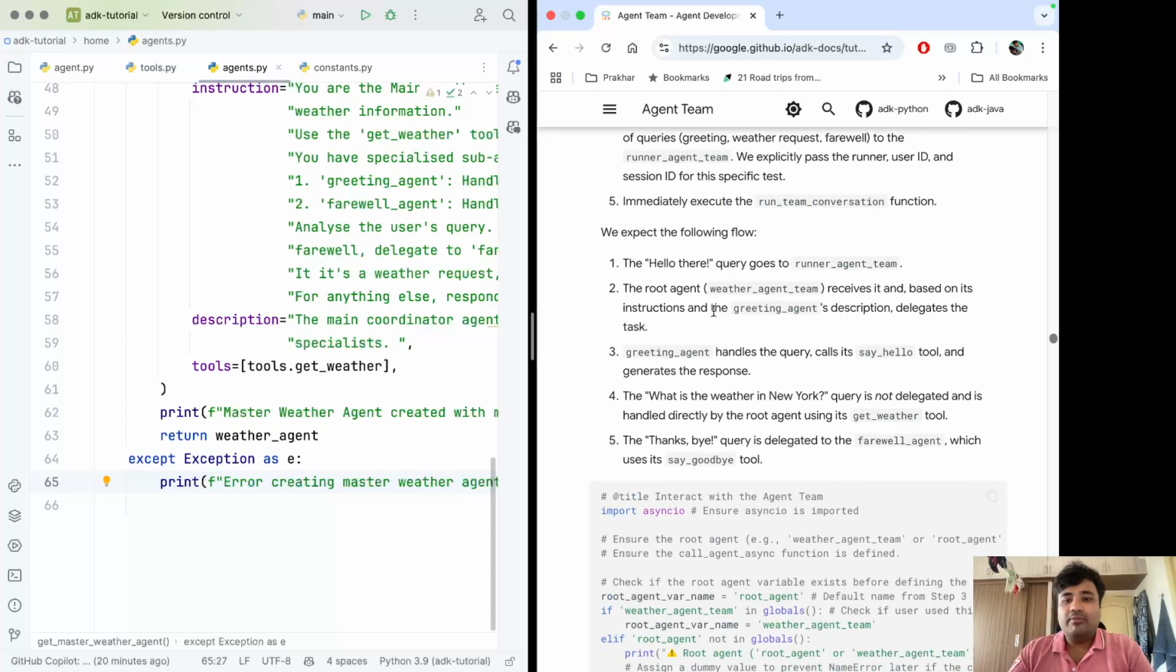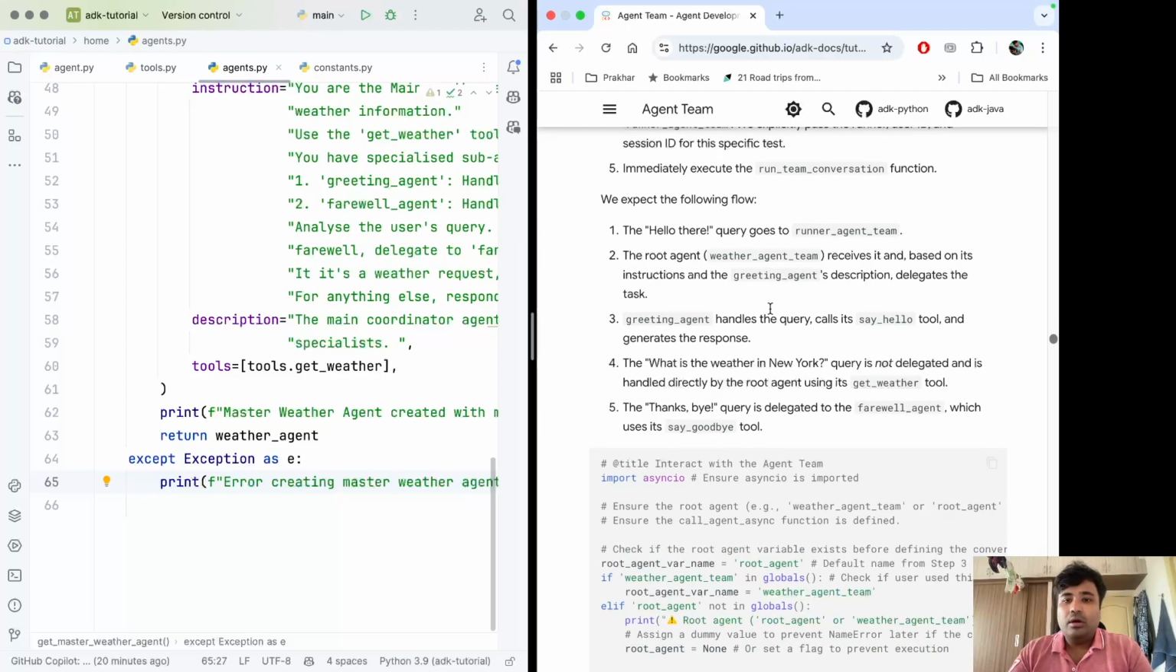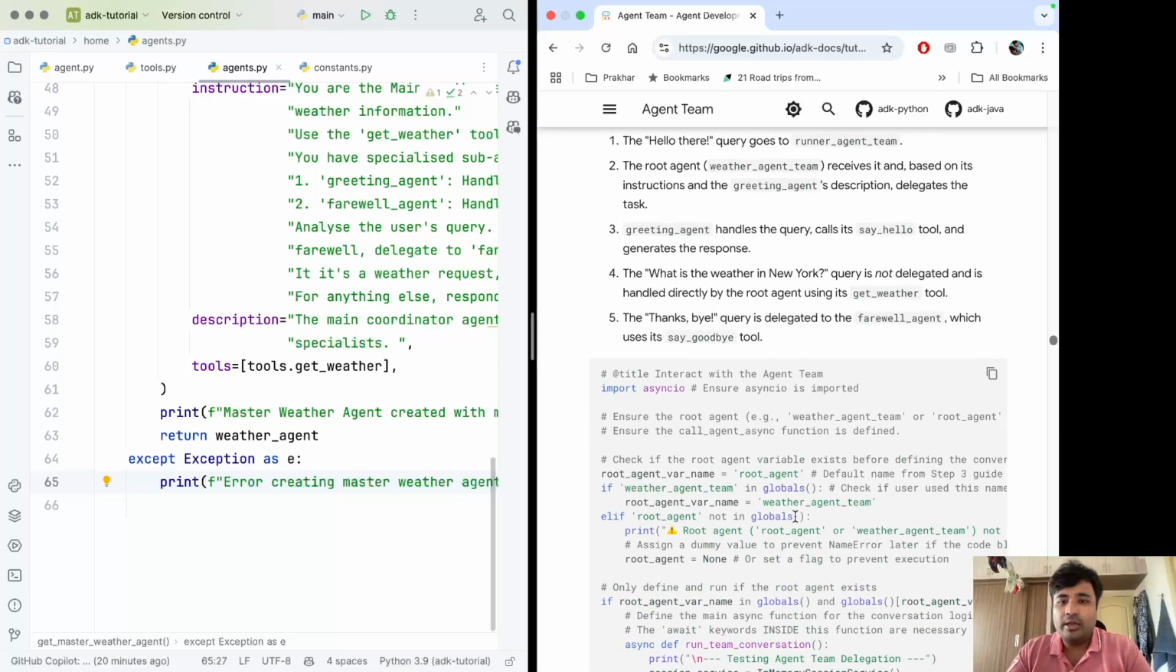We expect the following flow. The hello there query goes to runner agent team. The root agent weather agent team receives it, and based on its instruction and the greetings agent's description delegates the task. Greeting agent handles the query, calls its say hello tool and generates a response. All right. The what is the weather in New York query is not delegated and is handled directly by the